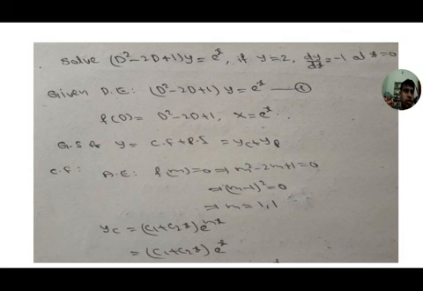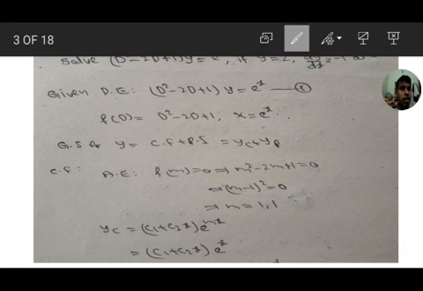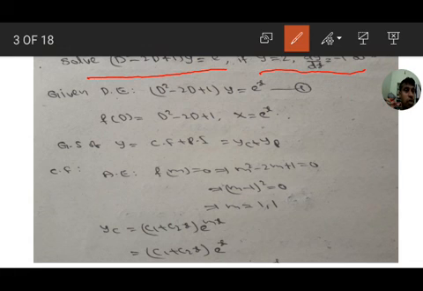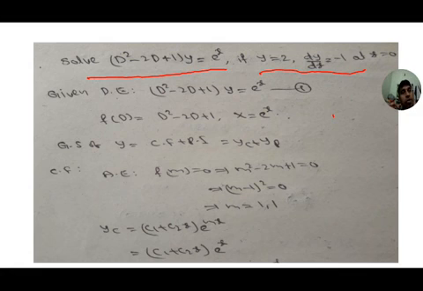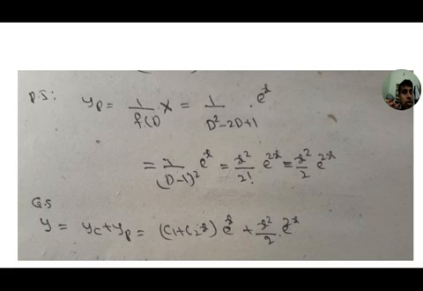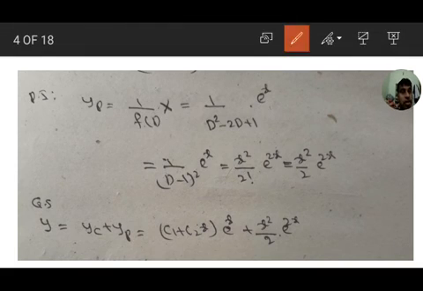So first we need to solve the given differential equation, up to this condition, as it was discussed in the previous class. Then, using these conditions, x equal to 0, y equal to 2, and x equal to 0, dy by dx equal to minus 1, in the solution we need to identify the C1 value and C2 value.